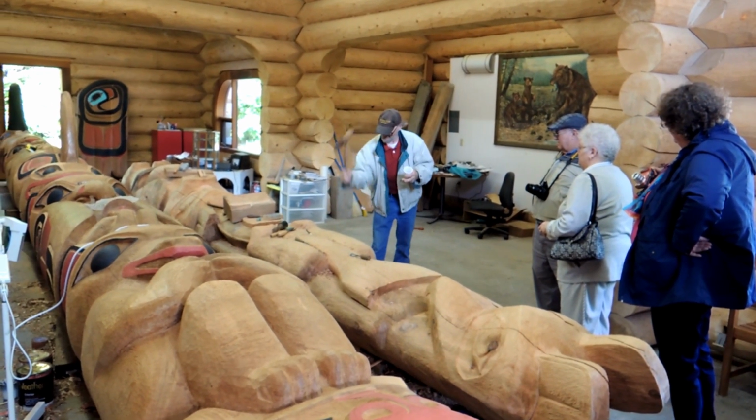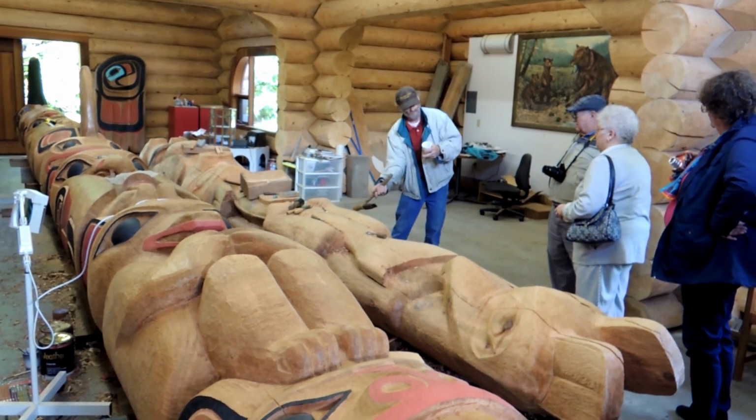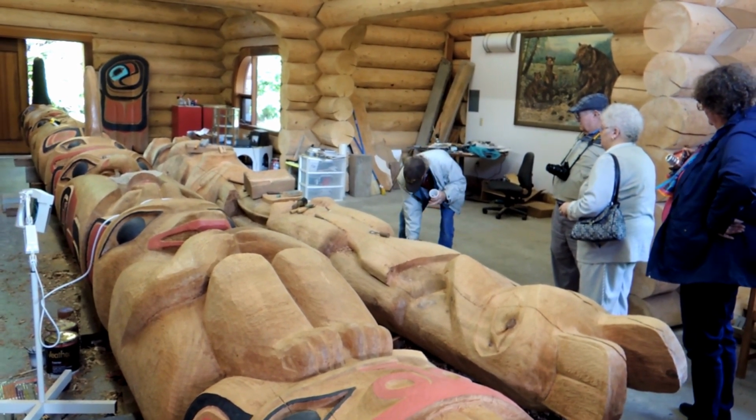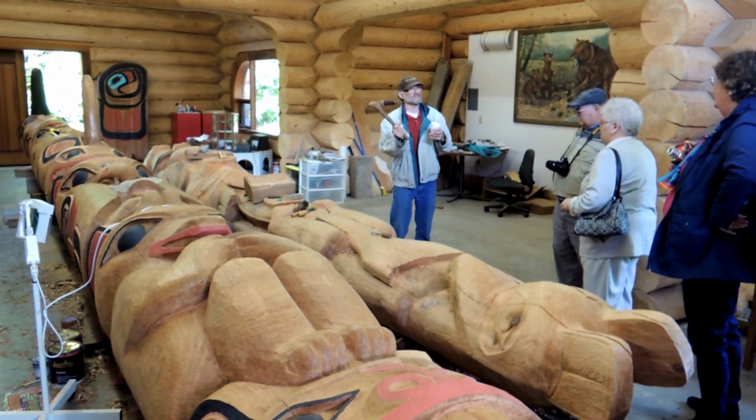Not like chopping like this. This is not how they use it. They use it in a hewing form. They stand here and they hew in and hew out. And by chipping in and chipping out, it's like forcing